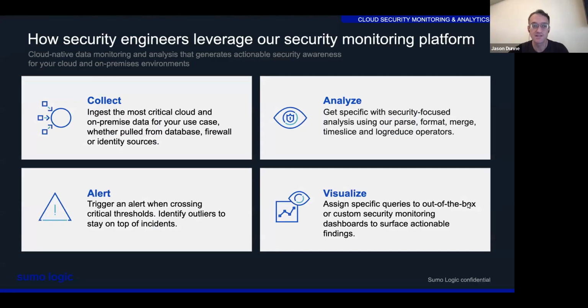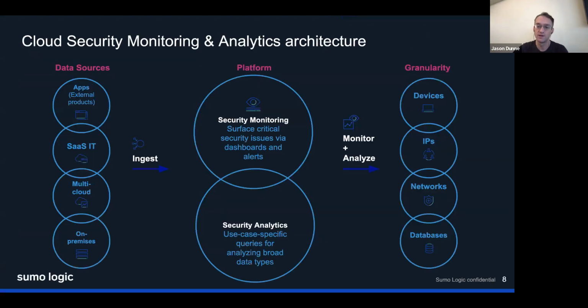So that's a little bit of level setting, the general flow, looking at the platform level here. We're talking about collection, analyzing, alerting, visualizing. All four of those come into play, and we'll show you throughout the demo what that looks like. We've talked a little bit already about the collection process and the fact that we're able to bring in many types of data sources. We'll get into a lot of detail around analysis, how to actually set up and save an alert, as well as the visualization for taking the broader view on what's going on within your